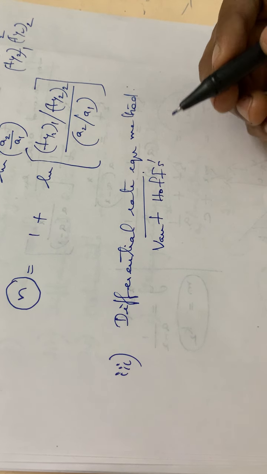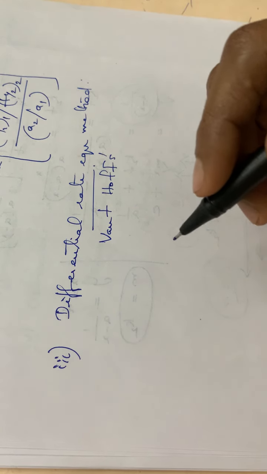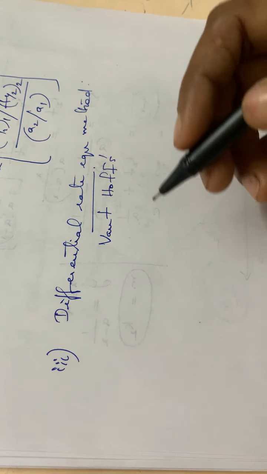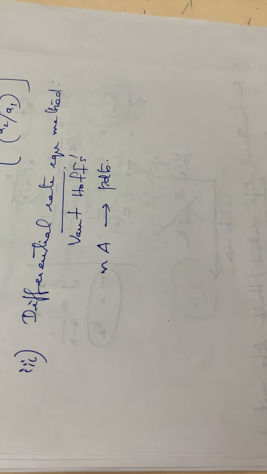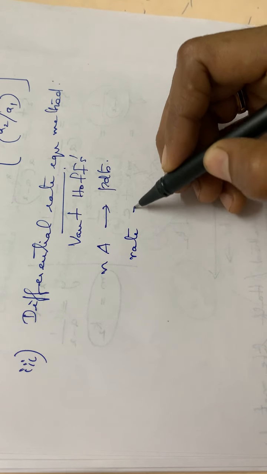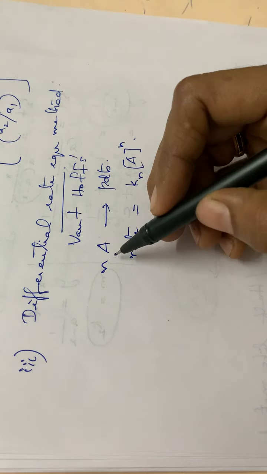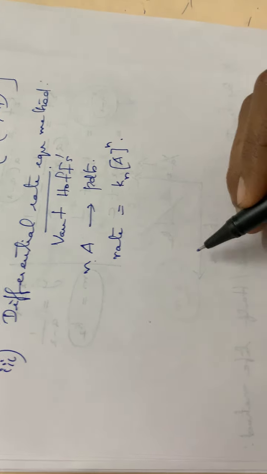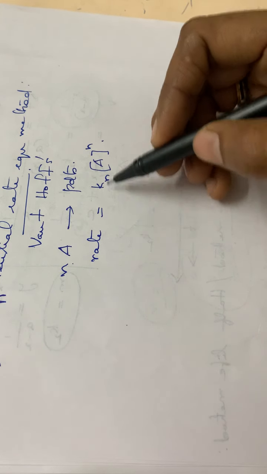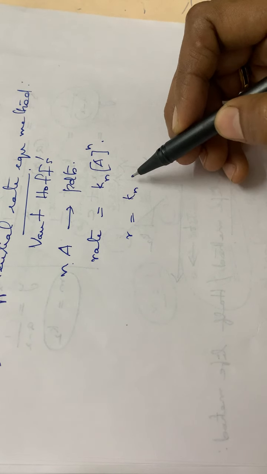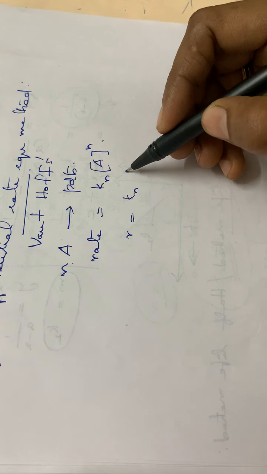Okay. Here we have to consider the general order of a reaction. Suppose we are writing the reaction as nA giving products, then how will you write the rate of this reaction? Rate is equal to the constant Kn times the concentration of A, the whole raised to n, isn't it? That is how we write the rate expression. So the rate R is equal to Kn times the concentration of A raised to n, which we can represent as C raised to n.